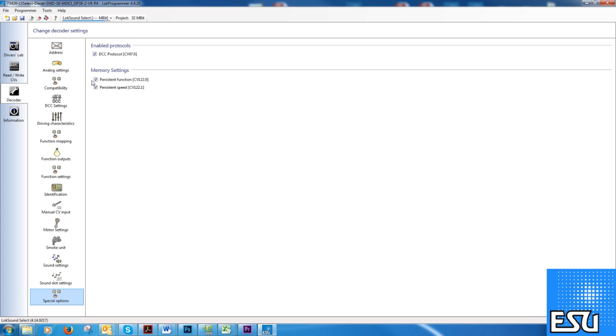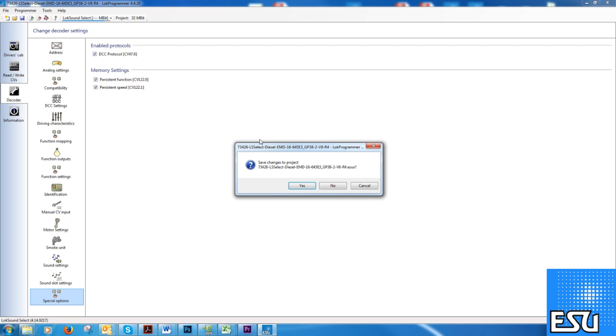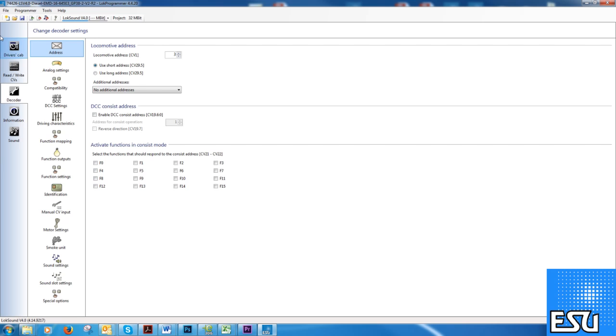Now again, these are select files. This is the select version of the programmer if you're using a select file. If you were to open up a 4.0 file, you're going to see something a little bit different. Now this is a 4.0 decoder or a 4.0 sound file. We made a few changes. I'm not going to keep those changes. So as soon as I open that 4.0 file, and it'll show it right here that it is a 4.0,